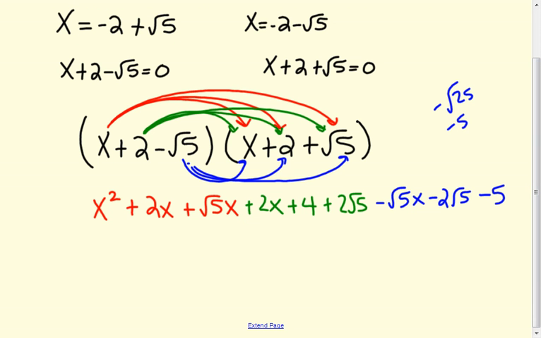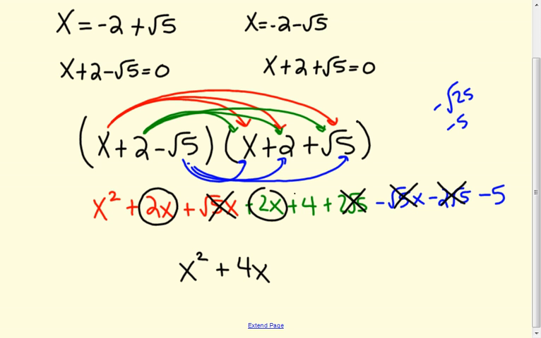All right, now combine your like terms here, and this should go pretty smoothly. So again, I've got some things that will cancel out. This root 5x will cancel with this negative root 5x, which is good. And the positive 2 root 5 and the negative 2 root 5 will cancel, so that's good. And now I have x squared, and then I have 2x here and 2x here, which makes it be 4x. And then here I have positive 4, and I have negative 5, which makes negative 1. Okay,